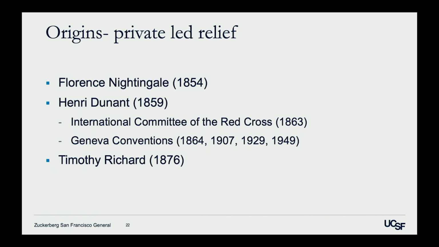From his work, he was kind of the steering pioneer for the development of the International Committee of the Red Cross in 1863. And he also was instrumental in the development of the first Geneva Convention. There are 4 of them: 1864, 1907, 1929, and 1949. And the Geneva Conventions comprise 4 treaties and 3 additional protocols that established the standards of international law for